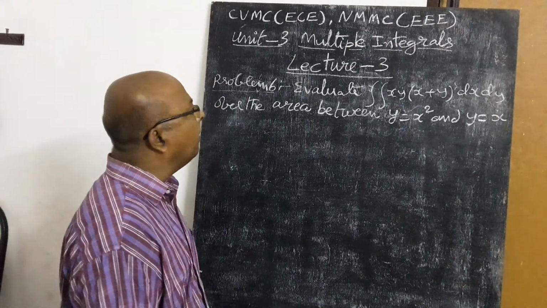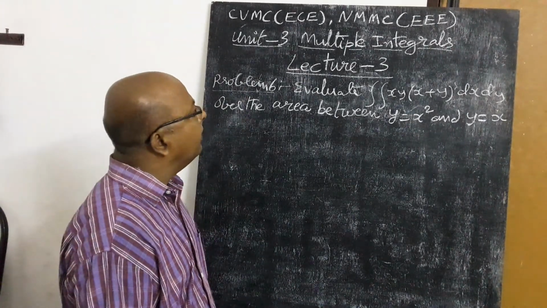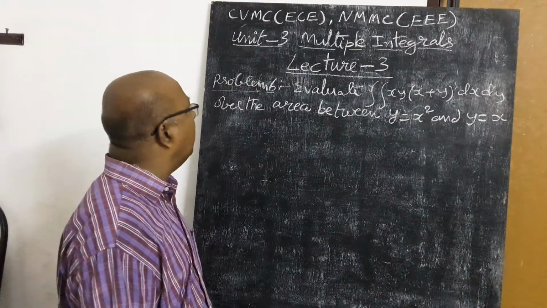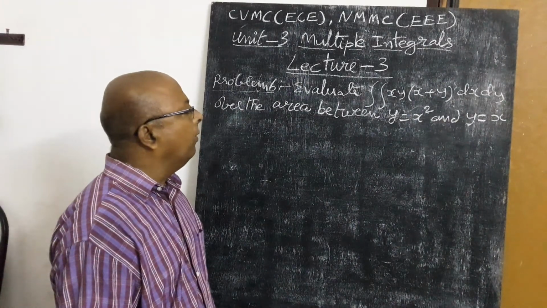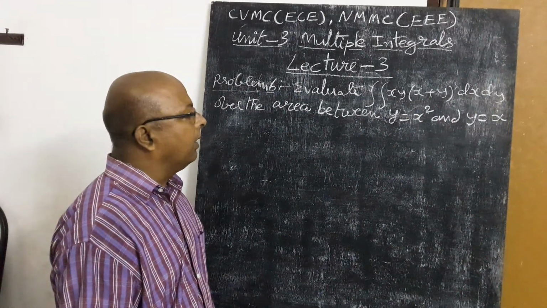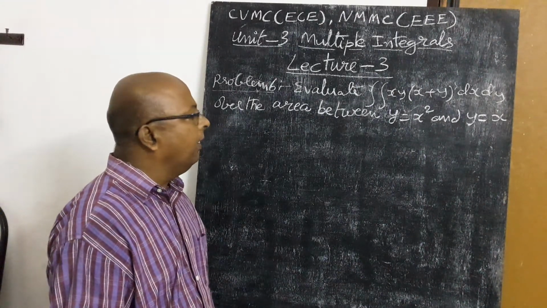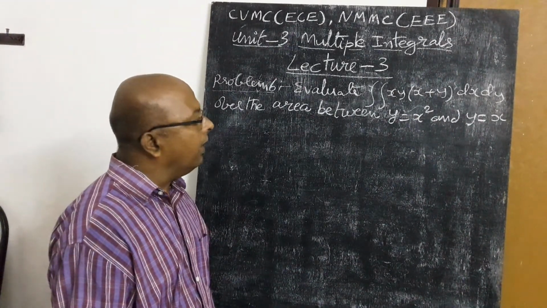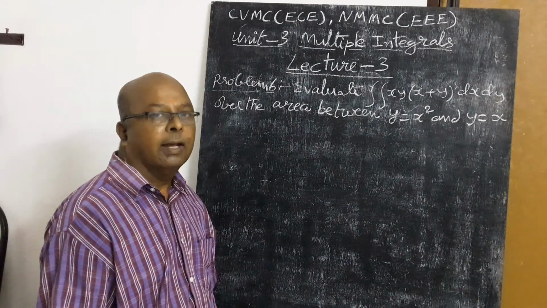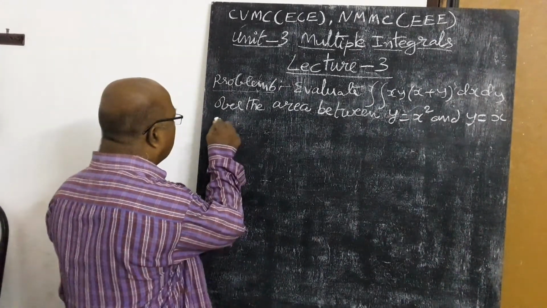Today our topic is multiple integrals, continuation lecture 3, problems continuation 6. Evaluate the double integral of xy(x plus y) dx dy over the area between y is equal to x square and y is equal to x. So the solution is